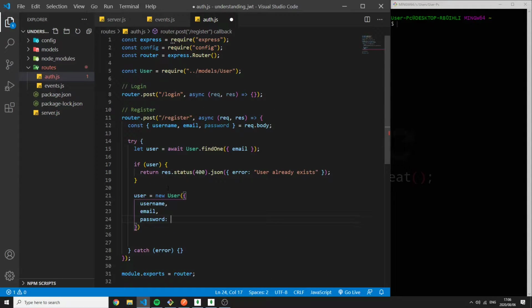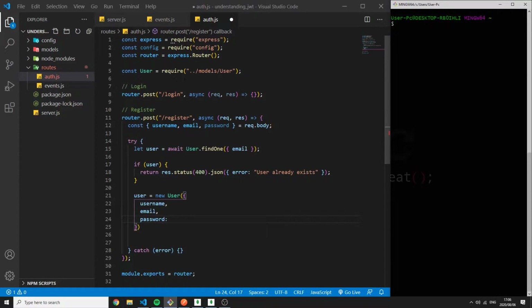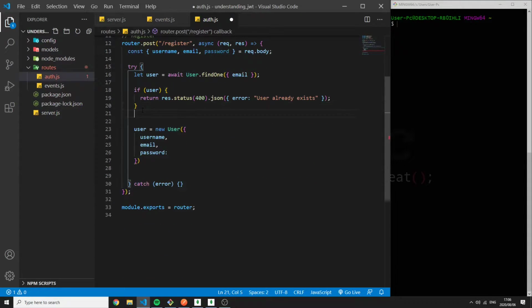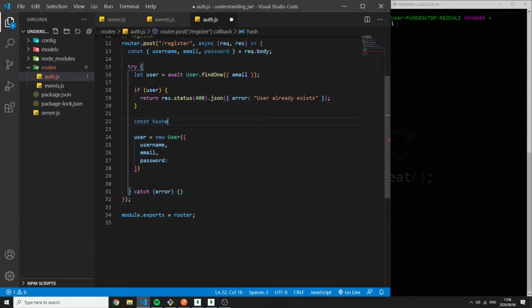So I'm going to hash this password. For that I'm going to need a package: npm install bcrypt.js. This will allow me to hash the password before I insert it into the database. I'm going to import this package, bcrypt, require bcrypt.js, save that, come down here, and make a constant called hashedPassword, and this will return